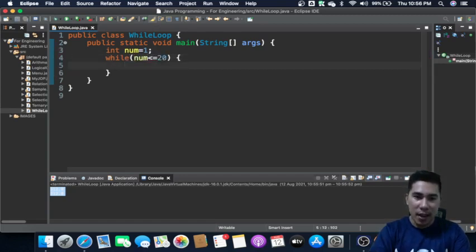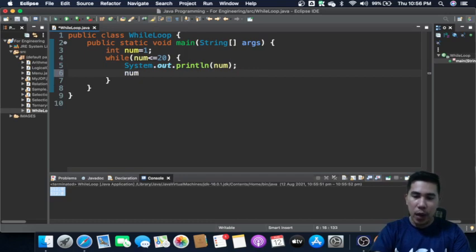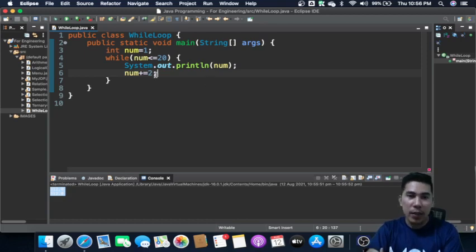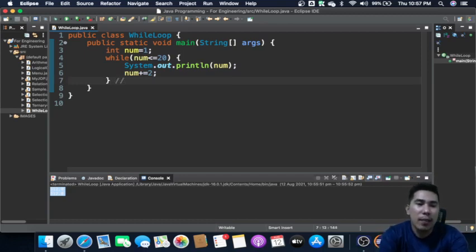And then after that, you want to see the update of the value, let's say num, and then you are going to update num plus equals 2. So meaning instead of incrementing by 1, it increments by 2. So probably the output display is going to be, the pattern is it starts at 1 and then probably ends at 20. So it should end at 20. But it's not always that case. It can be 20 depending on the increment.